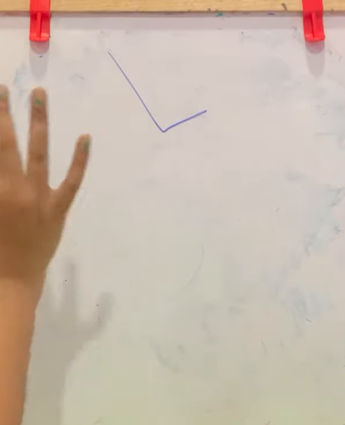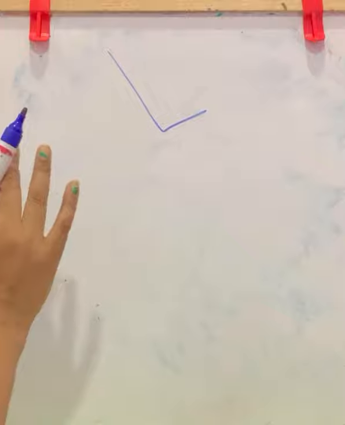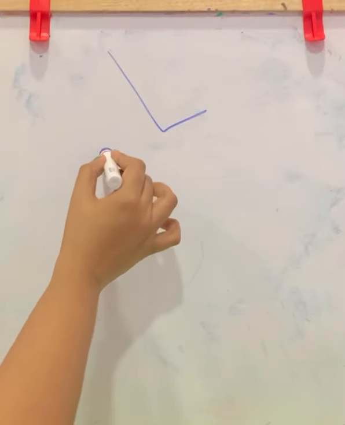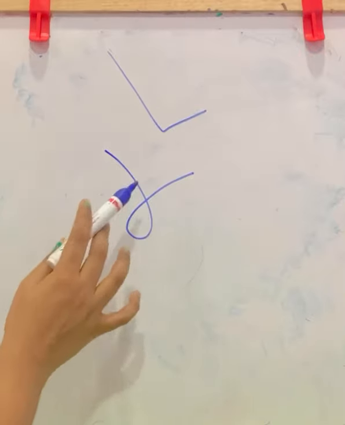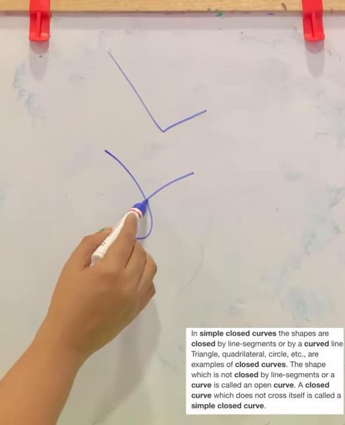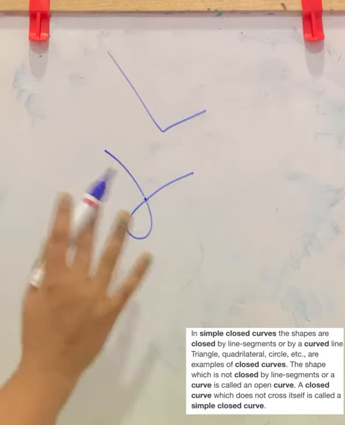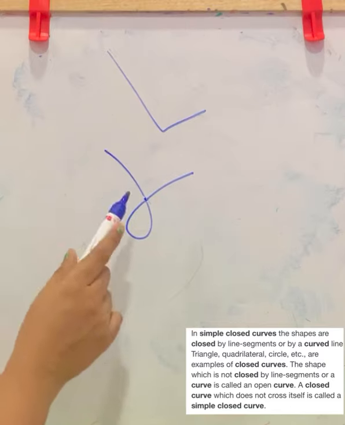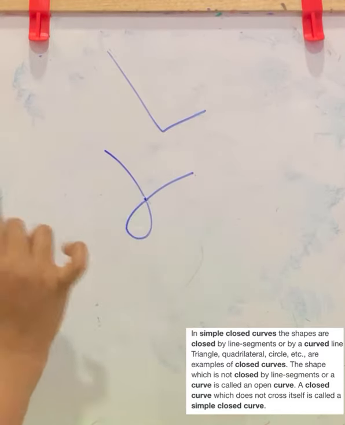This is an example for a simple curve that is not closed. Here it is not closed and it is also simple. It is not a complex curve. I will show you. If it is like this, it is also not closed, but this is not simple as well, because here we have an intersecting point. Here it is passing through this. So this is not a simple curve, but it is not closed too. Here this is open. It is not closed.